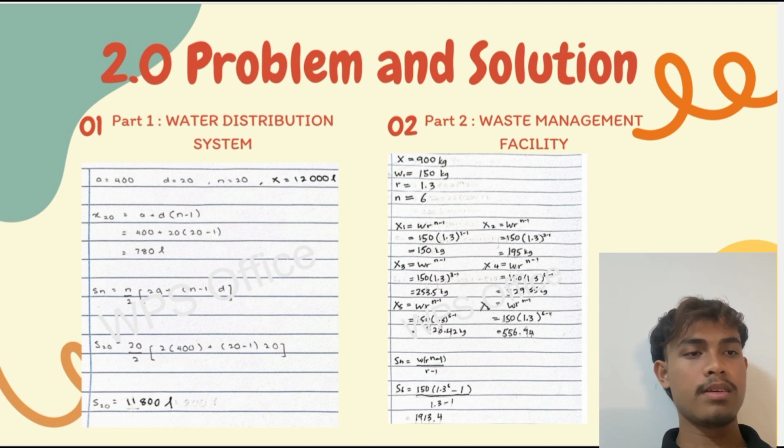For the tank capacity, we choose 12,000 litres, and for the first house that receives the water, we choose 400 litres. So to find the amount of water distributed to each house,